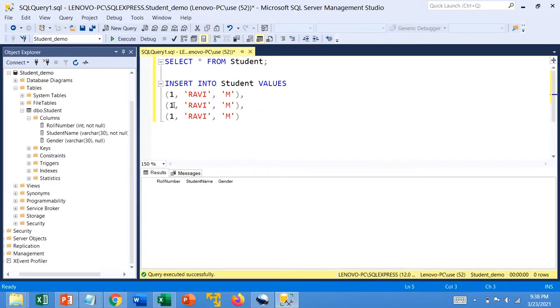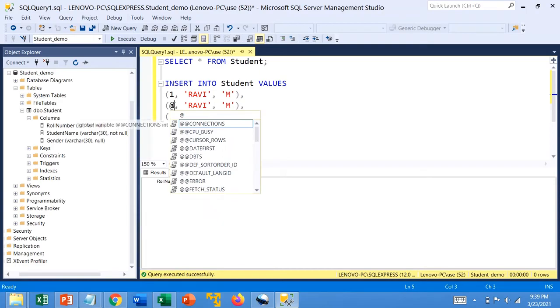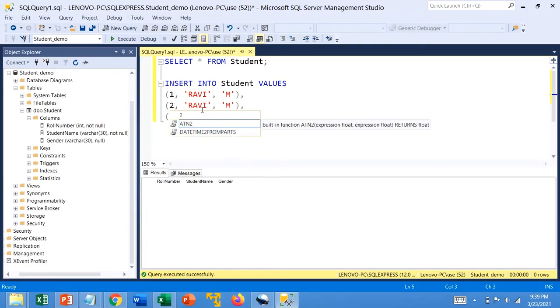Now we will have the second record, Rashi, gender female. Third record, Rahul, gender male.